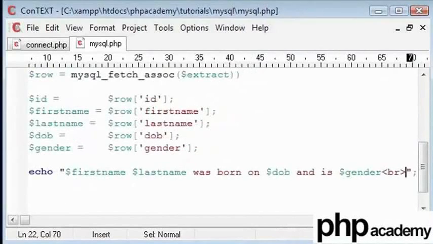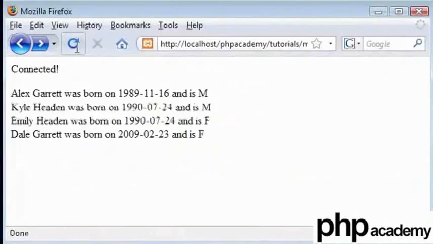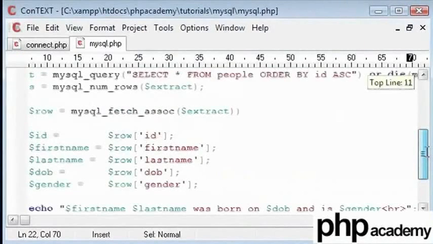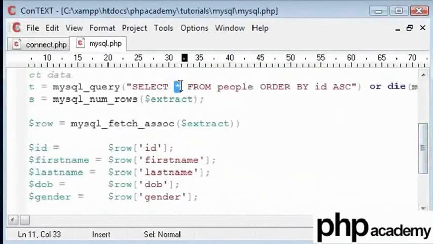I'll refresh our page. Then we have our set of data structured using the variable names. We have it in the correct order, and it has been repeated for every record we have. We have just given out the content of our table using the star, declared by this asterisk, where it collects every single piece of data on every record.